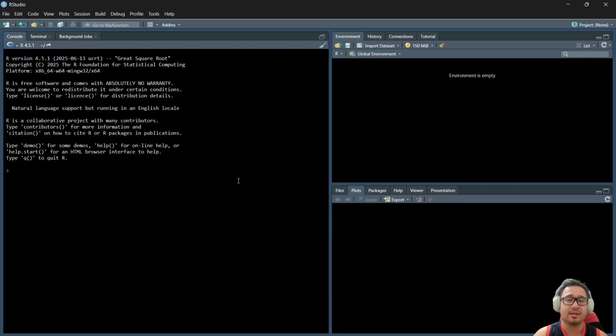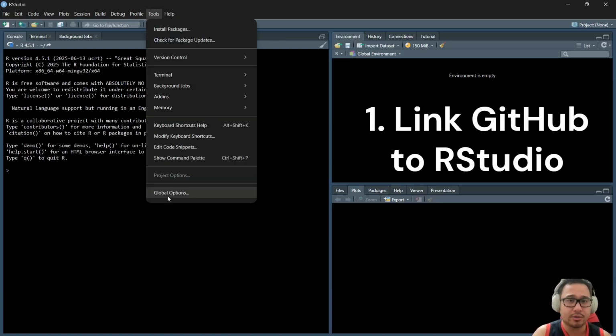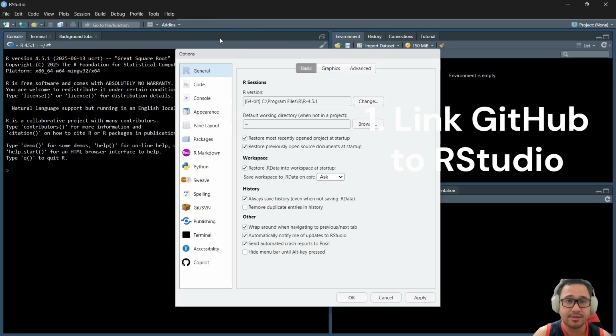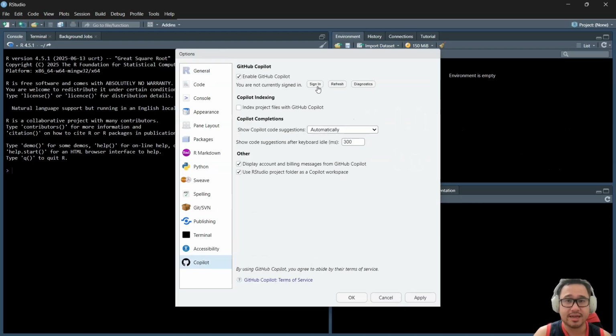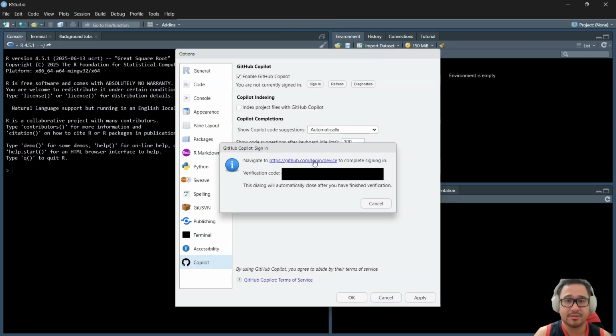So before we start, number one, you really need to set up a GitHub account, either a GitHub teacher or a GitHub student account. If you don't have either account, you can always apply for a paid GitHub account so that you can gain access to these Copilot large language models in your R Studio. So what we do is we go to Tools, go to Global Options, and you see the last tab here is Copilot. Now you go sign in and you click this button